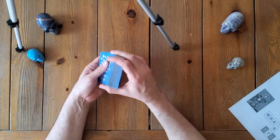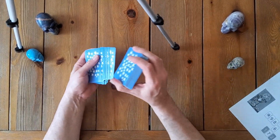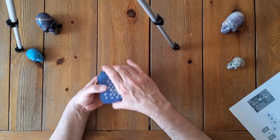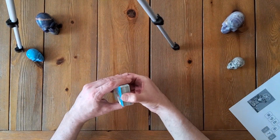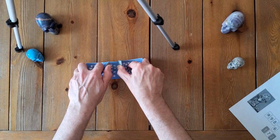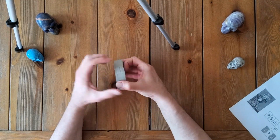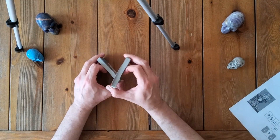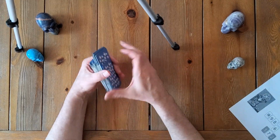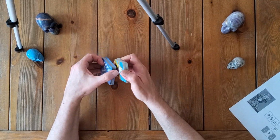How is our path unfolding in the coming week? Love the way this deck shuffles. Even though it's a really small deck and I have large hands, it shuffles so easily. How is this week unfolding? How is our path unfolding in the coming week? We'll see